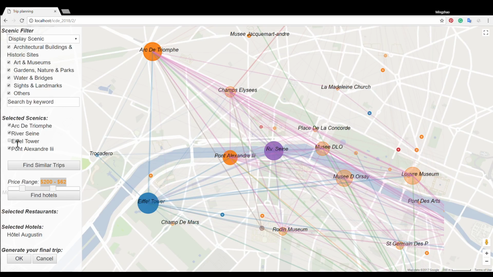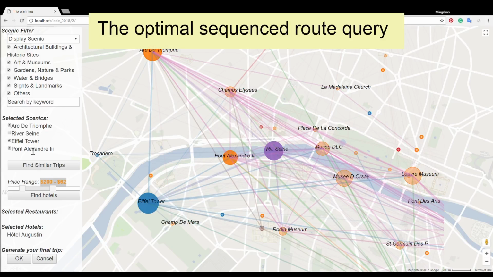Once you have gathered a series of discrete attractions, activities, restaurants, and hotels, the last step is to connect them and recommend the optimal sequence routes, which aims to achieve the minimum travel time. Specifically, the travel time is composed by the time spent on